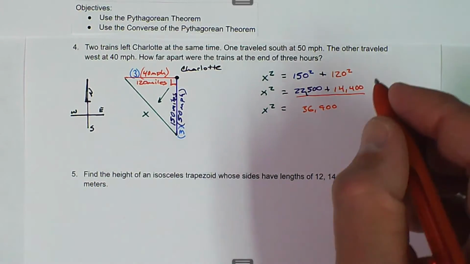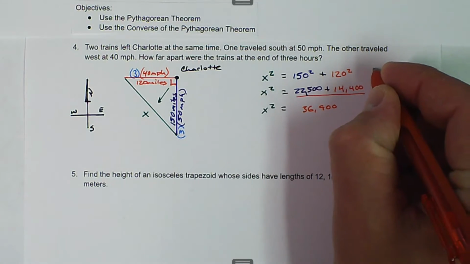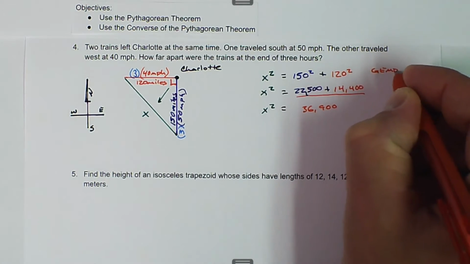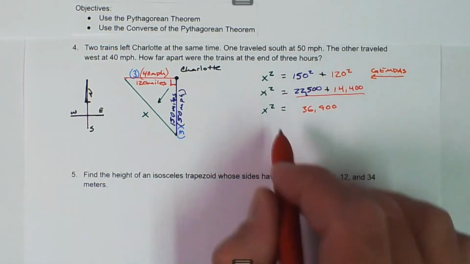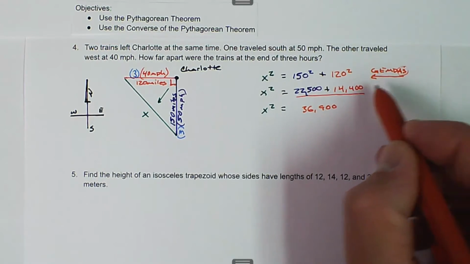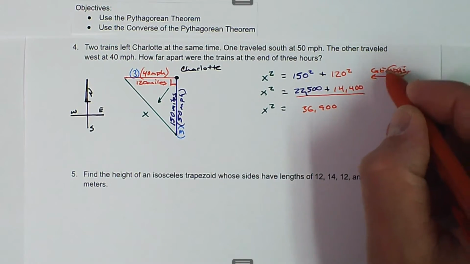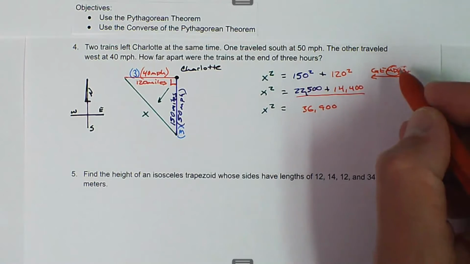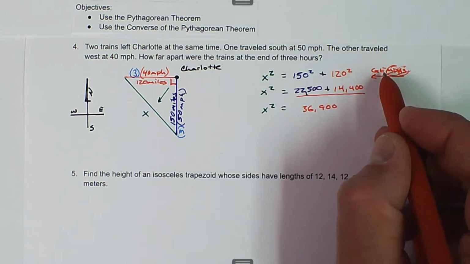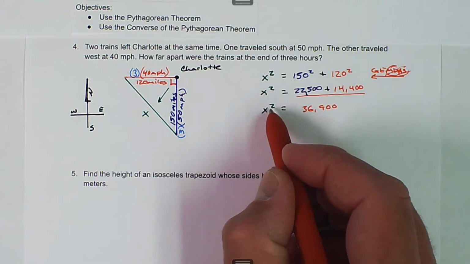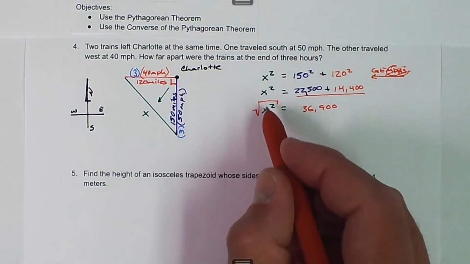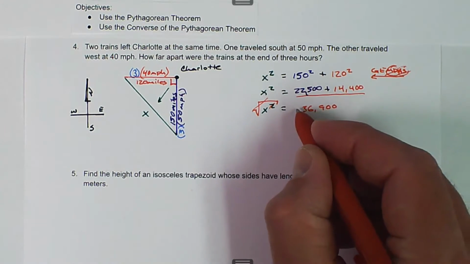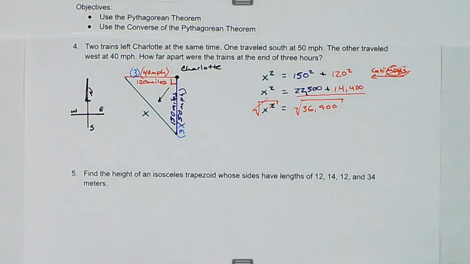Then we can go back and think about GEMDAS. And remember, when we're solving, which this last step is, we want to start with addition and subtraction, which we don't have. Move to multiplication and division, which we don't have. And then we get to the exponents. And the inverse operation of x squared is the square root, because the square root cancels the square. And we have to take the square root of this value as well,